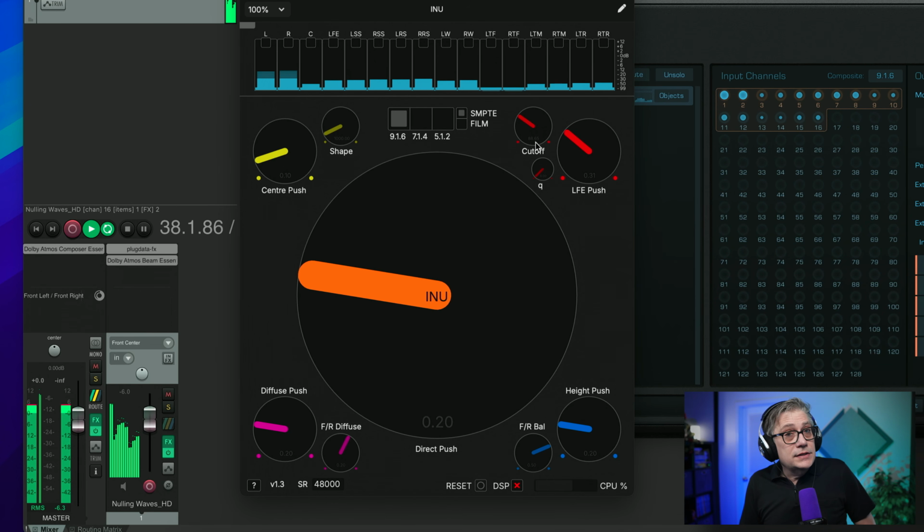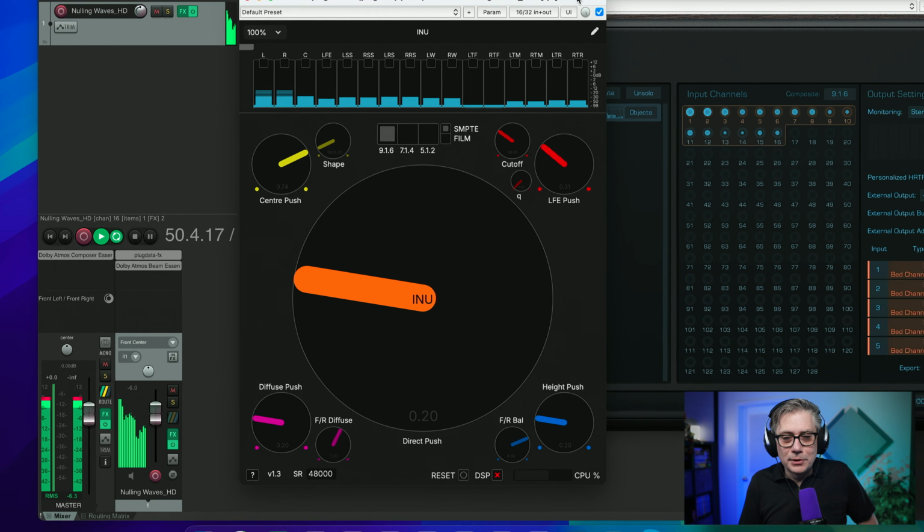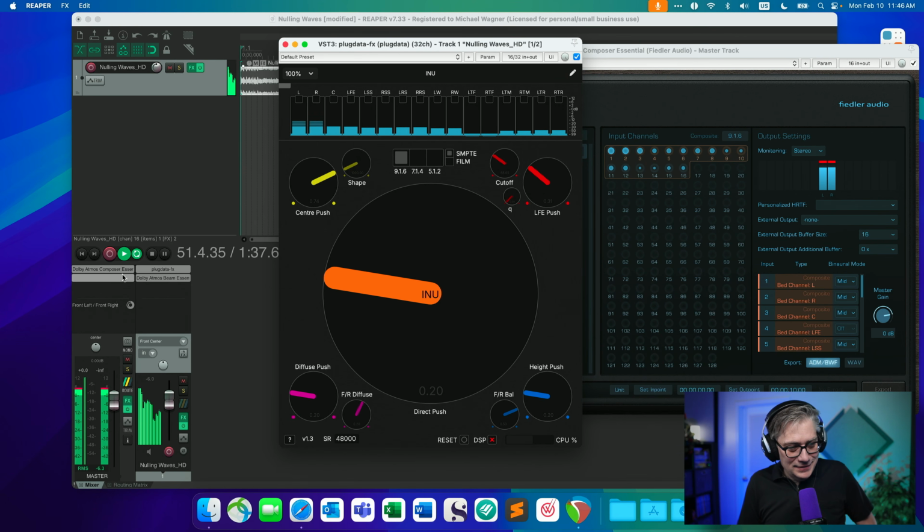Then the second thing is it's going to do the same thing for the center channel. So here I have the center push dial. The center push dial allows me to move audio into the center channel. If I set that to 0, I'm going to have no signal in the center channel. If I increase that, it's going to send more signal into the center channel. And I can actually make that hearable by going into the